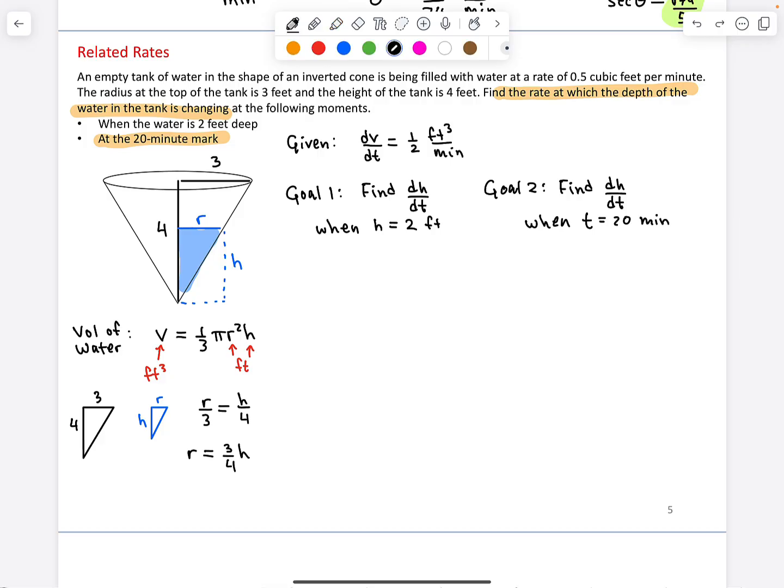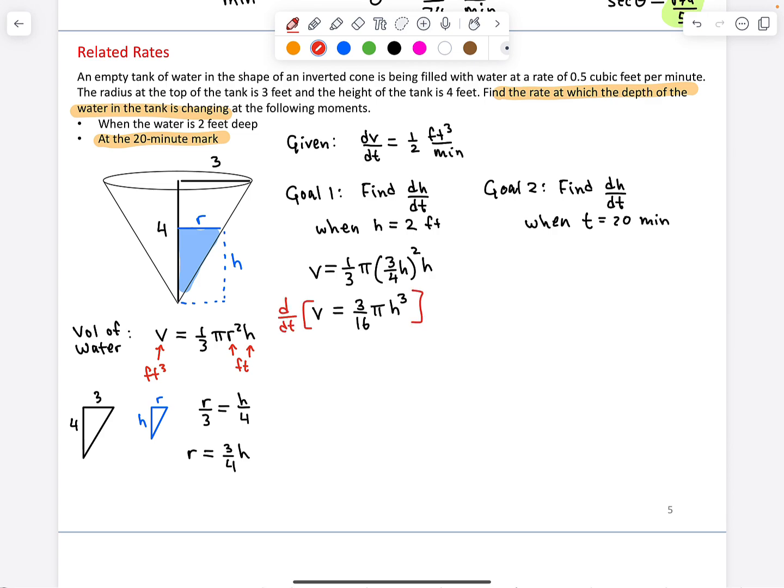This gives us the tools to express V now as a function of only H. So the volume of our water will be 1/3 pi R, which is 3/4 of H squared, times H. So I square 3/4, get 9/16, multiply that with the 1/3 in the front. That gives me 3/16 pi, and then we have H squared times H, which is just H cubed. This is the formula that I want to begin with, and the next step would be to differentiate both sides